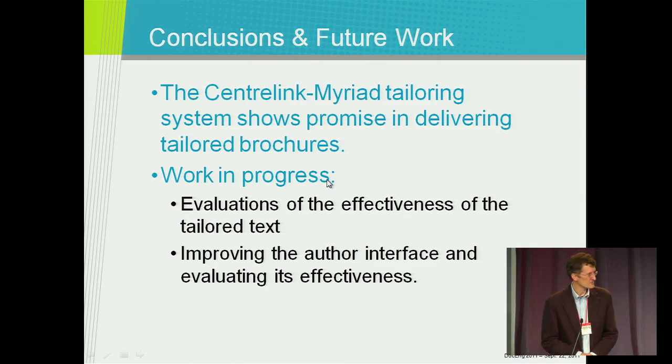But probably the two most important things that we discovered was that there was unanimity on two points. One, that they liked the idea of tailoring. They really do hate reading through the two to three page explanation of the eligibility conditions when all the system really needed to know was that you were a 21-year-old Australian Aboriginal studying at university. Why did they need to read three pages? They were very pleased with that, and indeed they were happy to answer as many wizard questions as we deemed necessary to produce that tailored text.